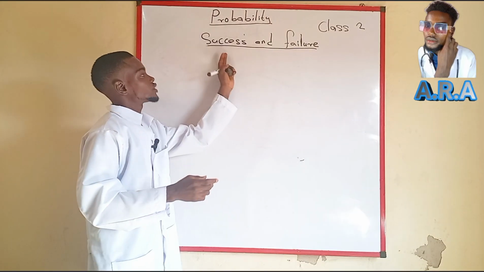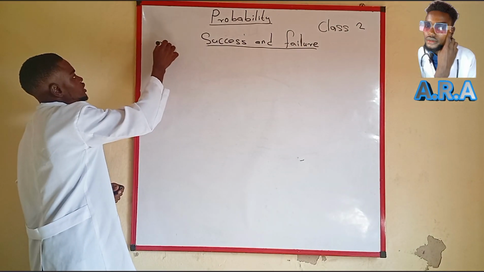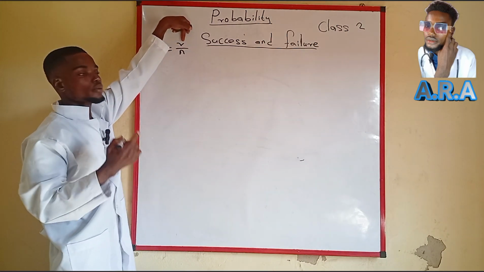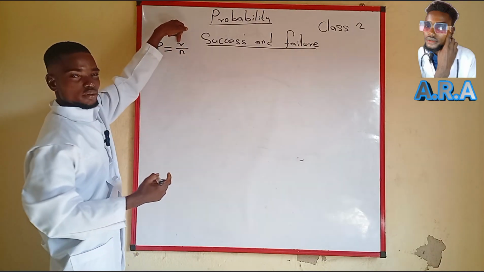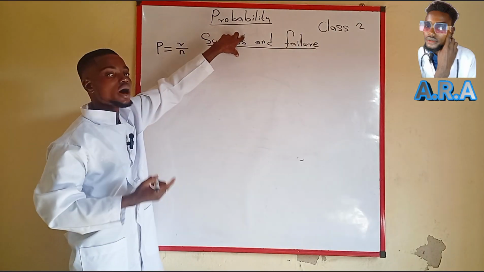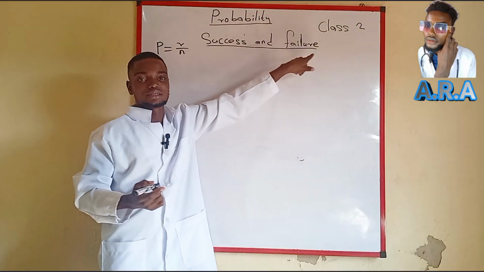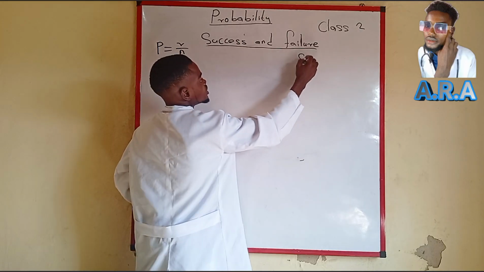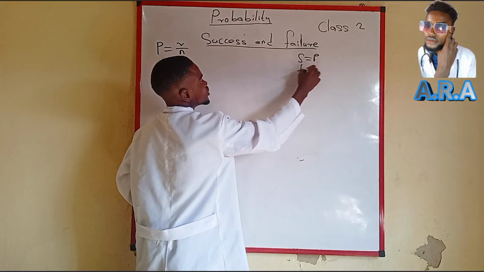When dealing with probability of success and failure, we must be very careful. Now, if you could recall that probability P is equal to R over N, where R is the favorable outcome and N is the total number of outcomes. This number of favorable outcomes is sometimes referred to as success, and those outcomes that are not favorable are referred to as failure. The probability of success is denoted as P, while the probability of failure is denoted